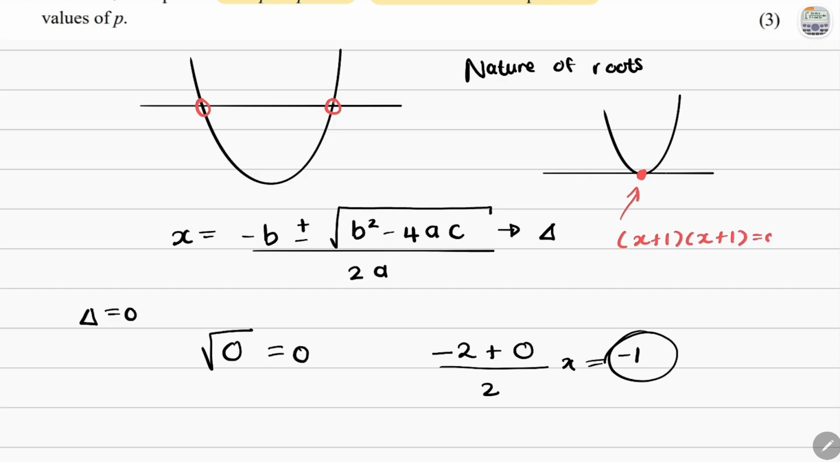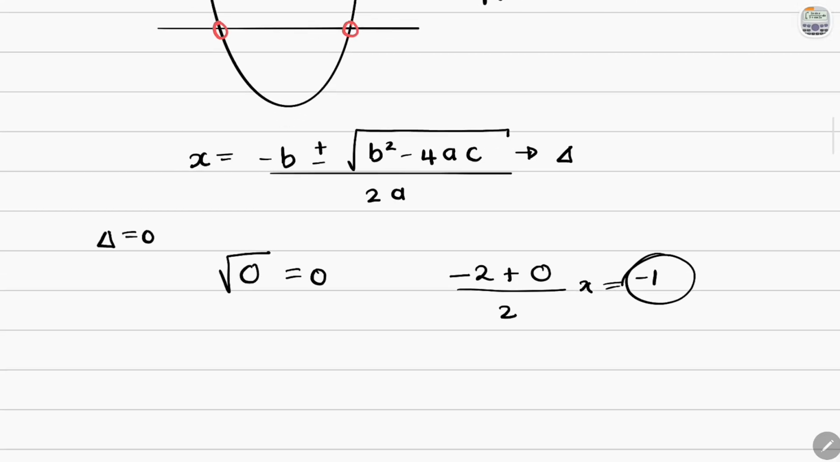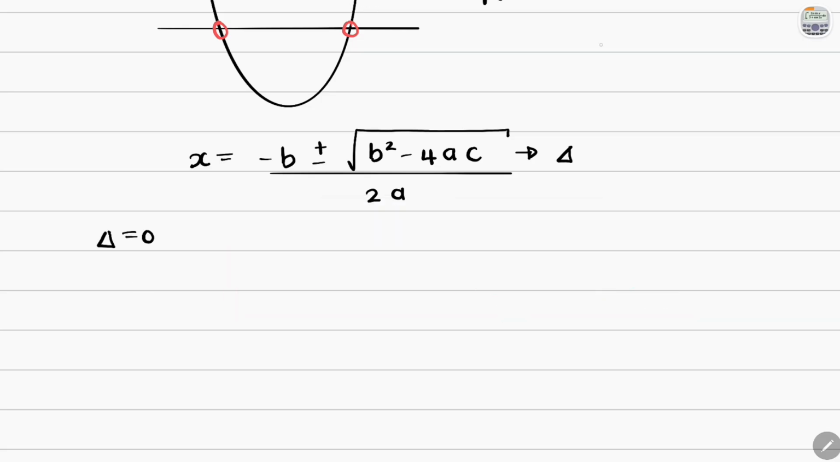You see that it's the exact same thing. So here, if you were solving for x, x would simply be equal to negative 1. Okay, so that's just an example of if delta was equal to 0. So now you see that for the roots to be unequal and actually have two roots, we can't have this